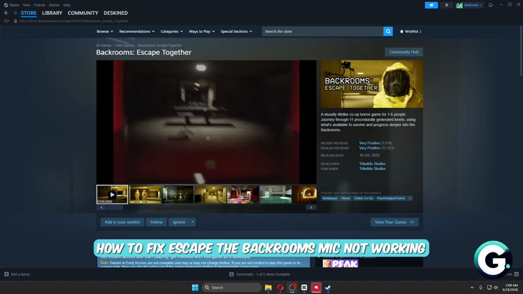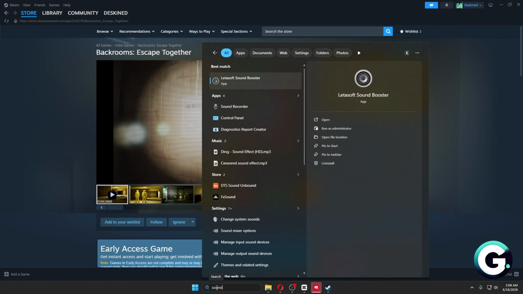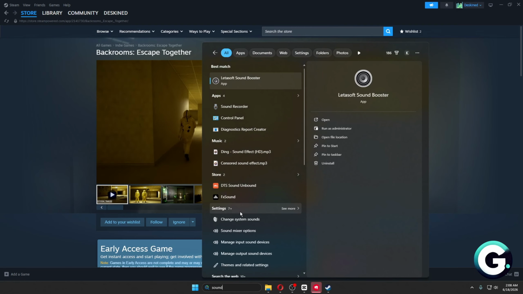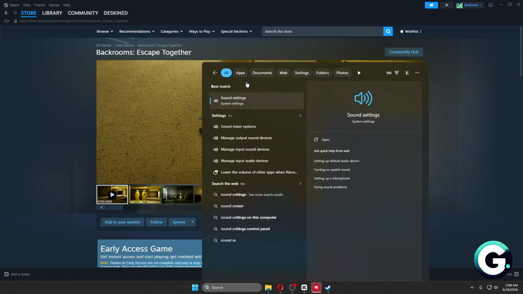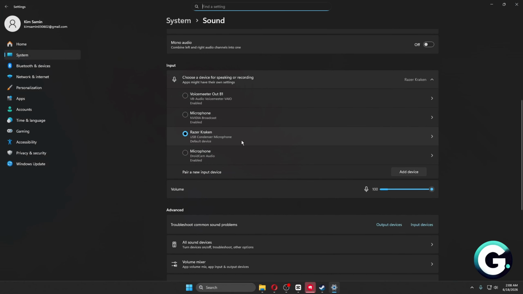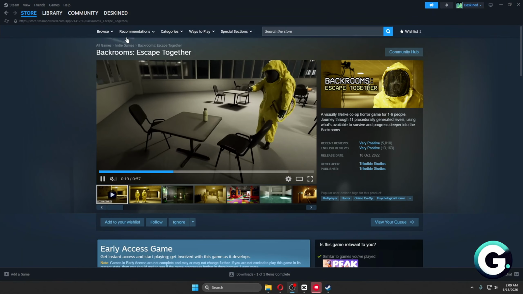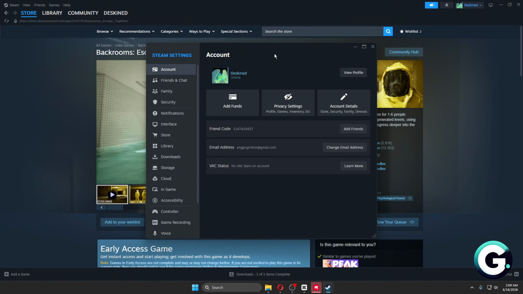So basically, the first thing that you want to do is to just make sure on your Windows that your mic is working. Simply search for sound and then open up sound settings. And from here you just want to select the microphone that you are currently using and confirm that you have mic output. So from there, let's head over to Steam, click on the Steam icon, navigate through settings, and